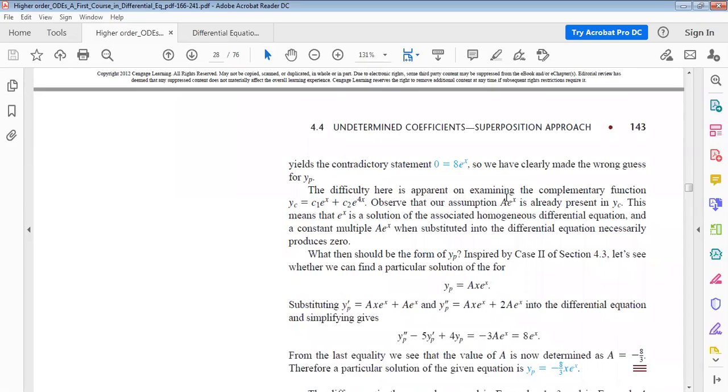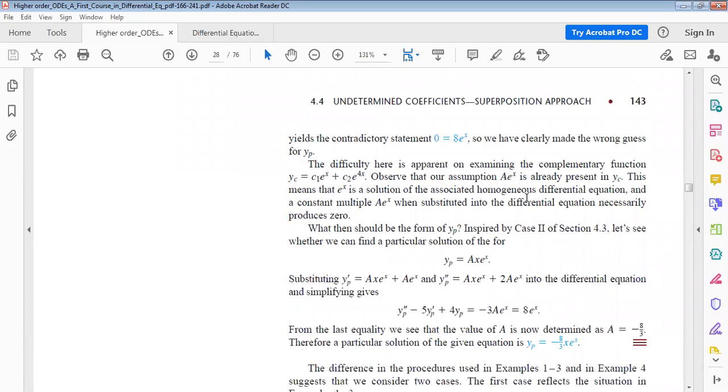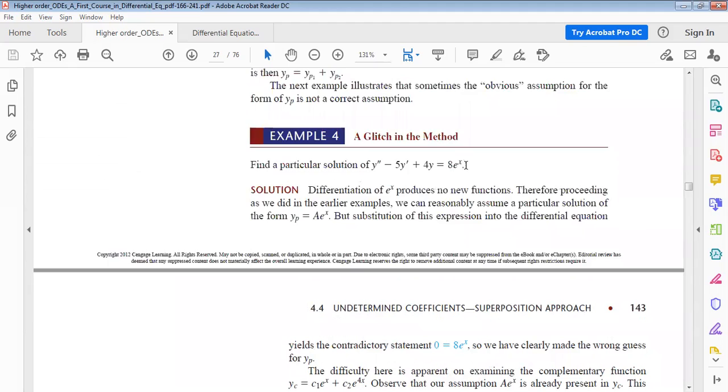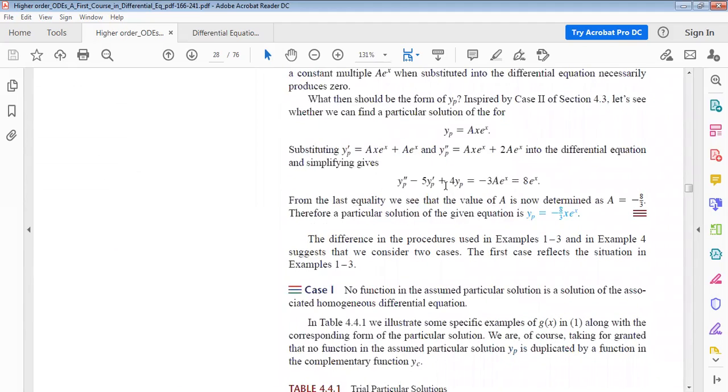Now observe that our assumption e to the power x is part of the complementary function, so this is the particular integral case. Now yp equals a into x into e to the power x. Taking differentiation, y dash p will be this, using the UV process, and again differentiating, we get the double differentiation. Now substituting all these values in our given second order differential equation, and equating on both sides,